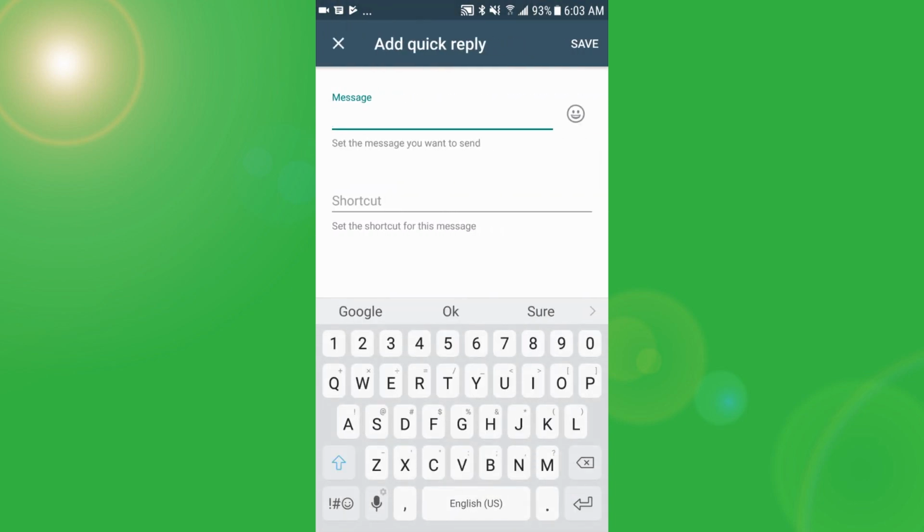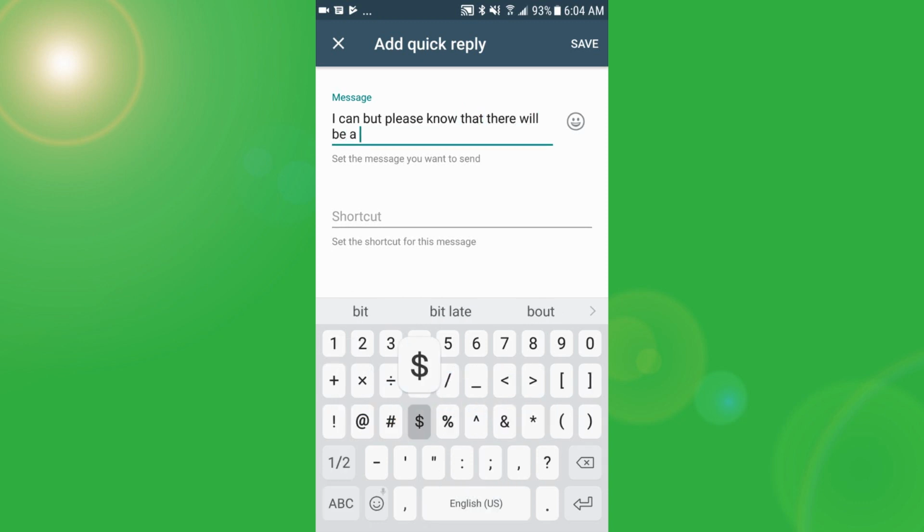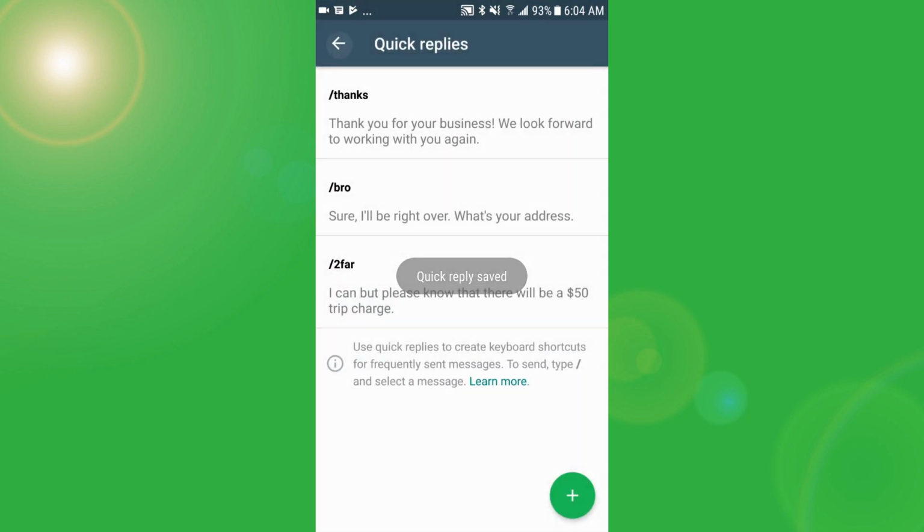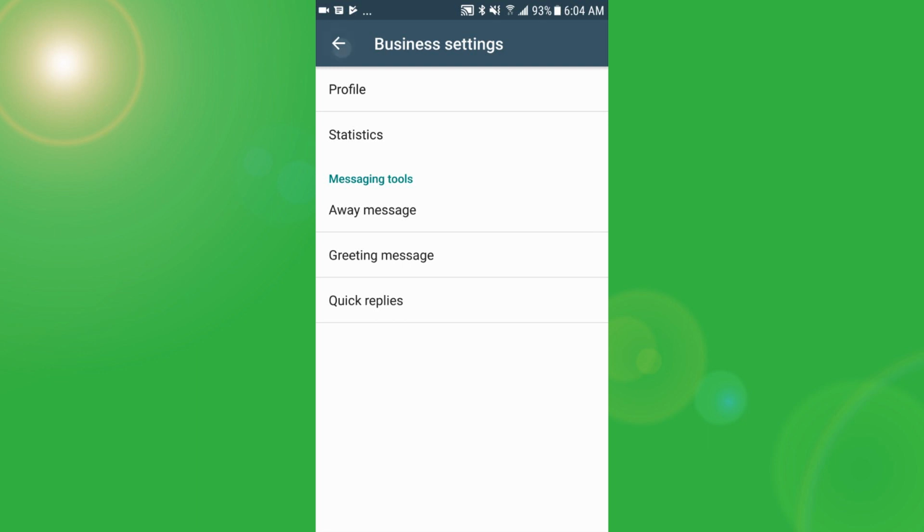But then I want another one where I'll do their plumbing, but they're really far away. So I'm going to warn them that I'm going to give them a trip charge. And this would just be another thing that after you set it up, you can send it with just a few keystrokes because you have a shortcut to it. Now that I'm done with the quick replies,